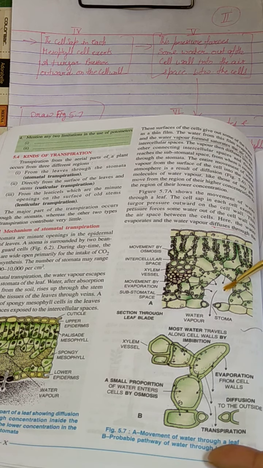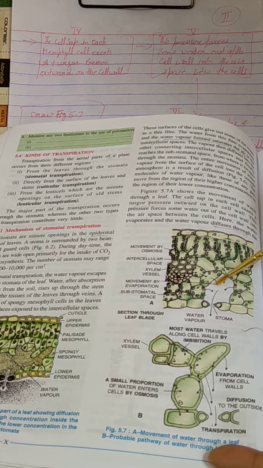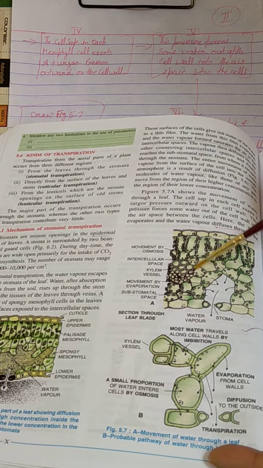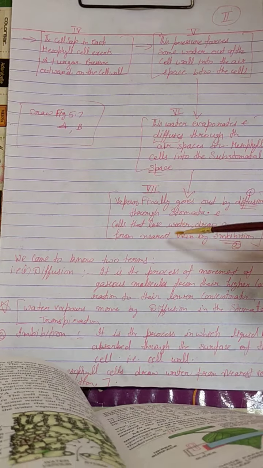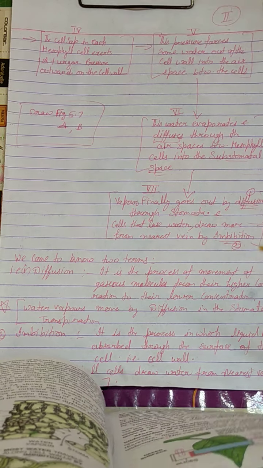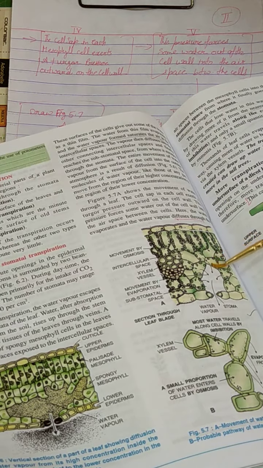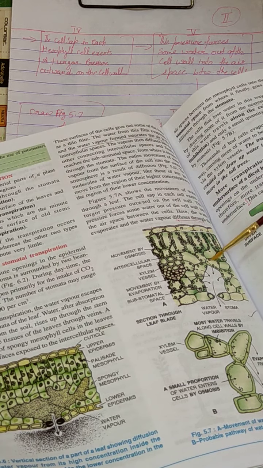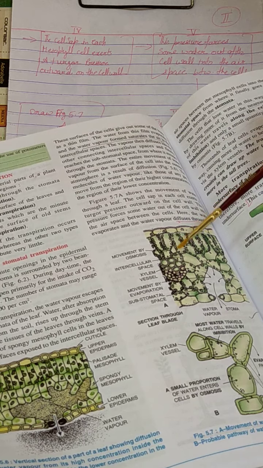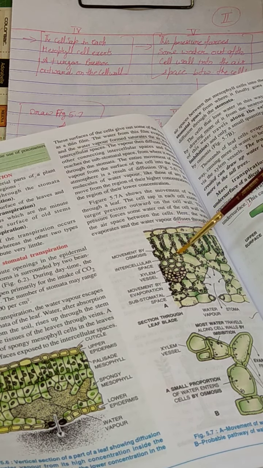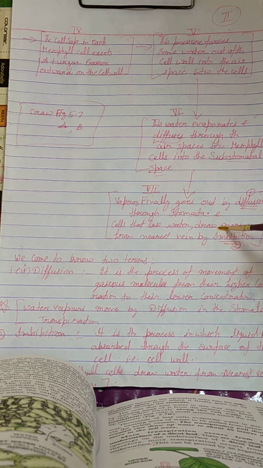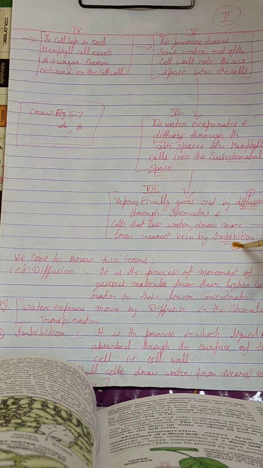The point to be kept in mind is that this water evaporates through diffusion from high concentration to low concentration and moves out of the stomata, and the cells lose water. Now, some water is removed from all the cells. How do they complete their loss? They absorb water from the nearby cells and ultimately from the veins, and so this channel goes on. Cells that lose water draw more from the nearest veins by imbibition.